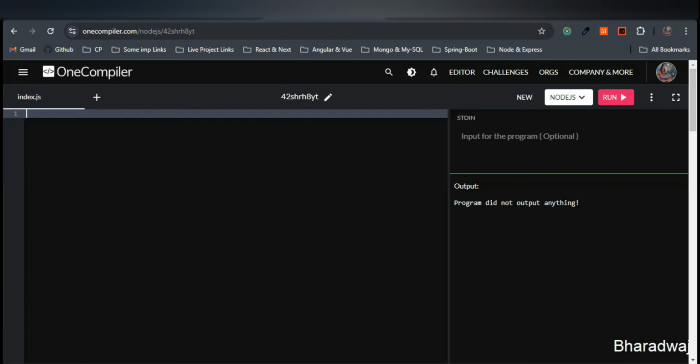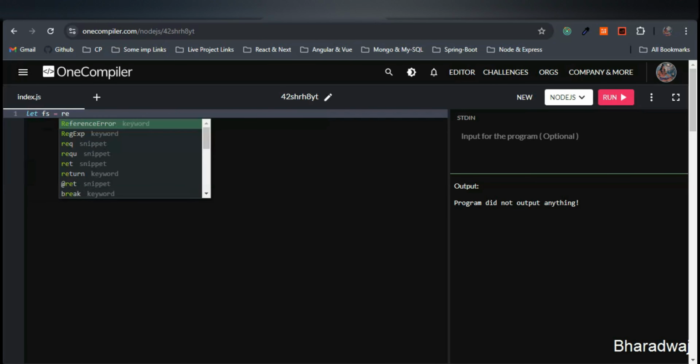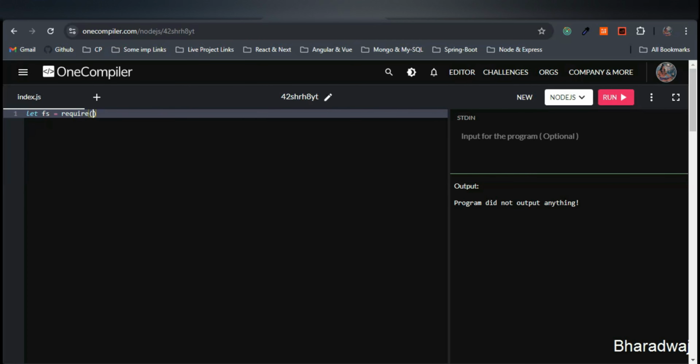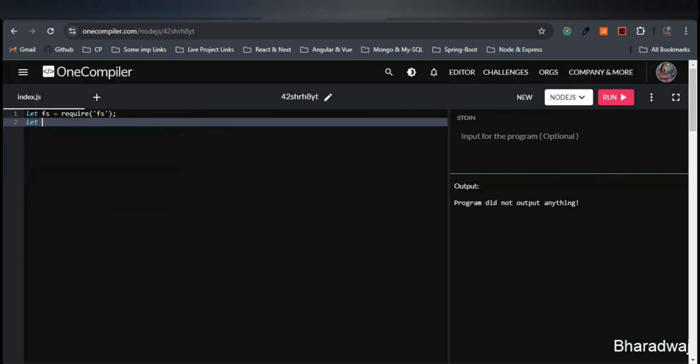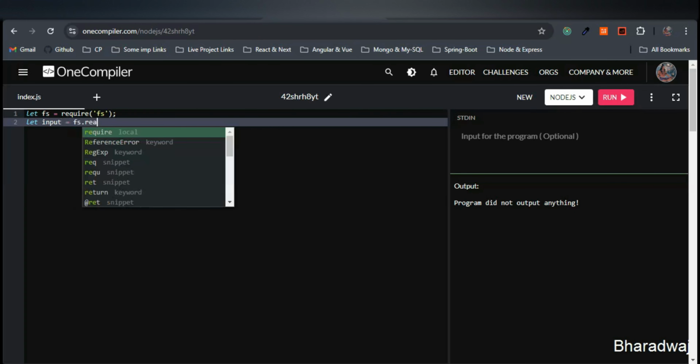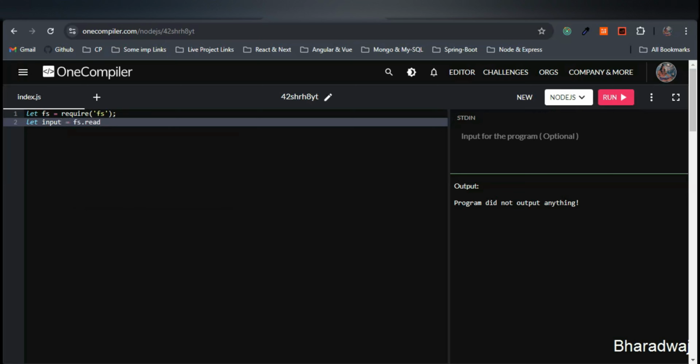Initially, we will import the file system module for reading the input. As always, I'll just give fs equals a require of fs. So this is one thing. Let input equals fs dot readFileSync of